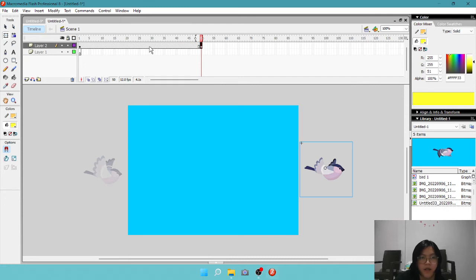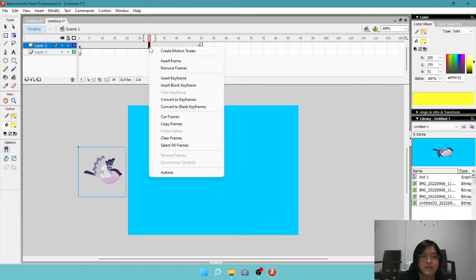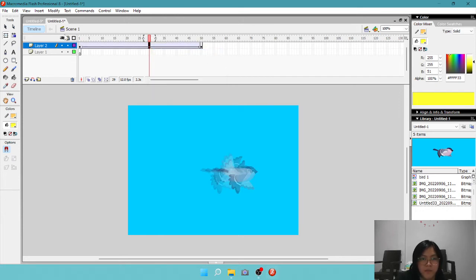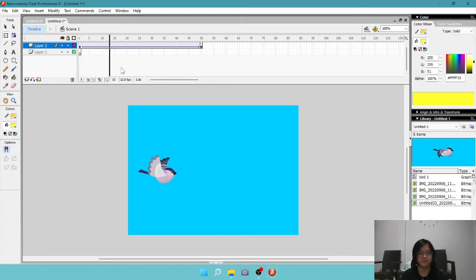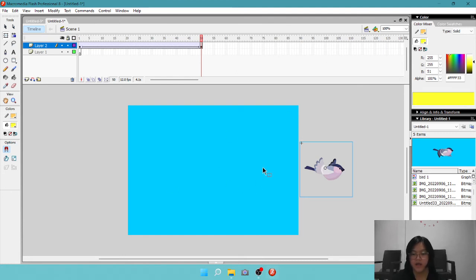Then right click on the mouse on the bird frame, click create motion tween, and press Enter on the keyboard to see the result. So that is how to make the background too.